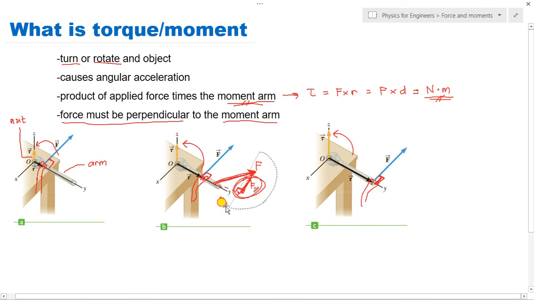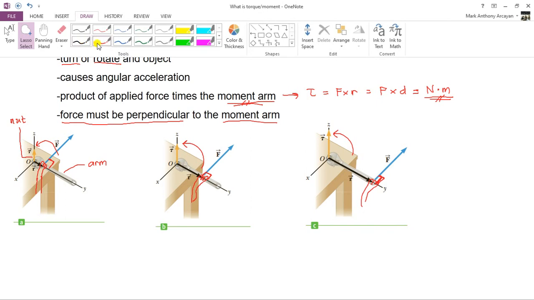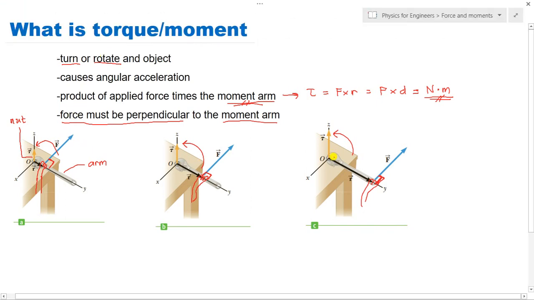And then another question. Based on our figure, these three figures that I presented to you, by using the formula, T is equals to force times the moment arm, or just say R. Okay, based on the formula, torque equals force times the distance. What do you think, class, among these three figures, asa man nila ang nag-exert og dako nga torque? Is it the first figure,